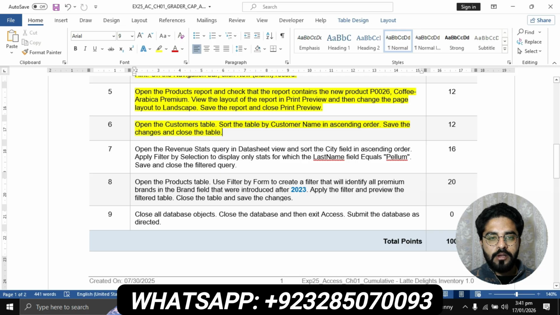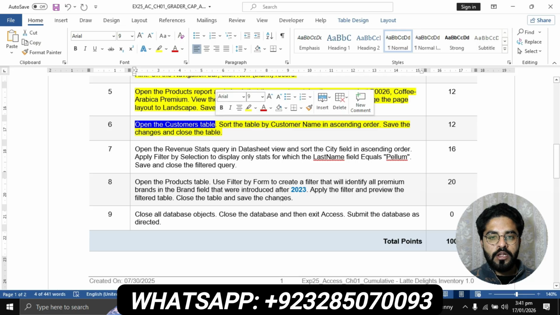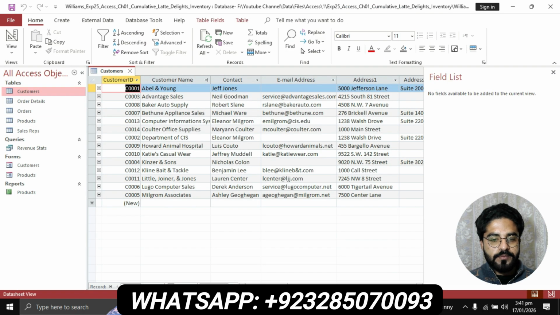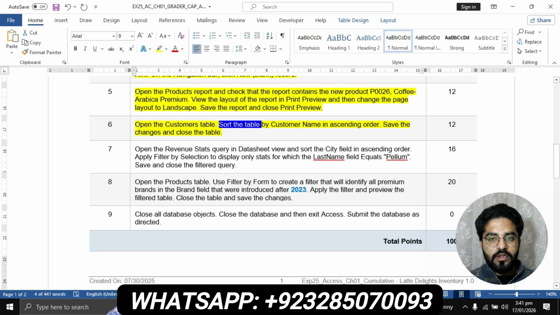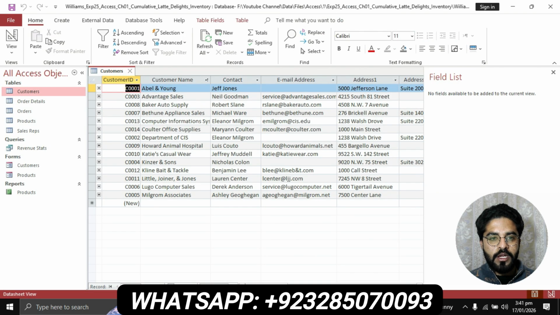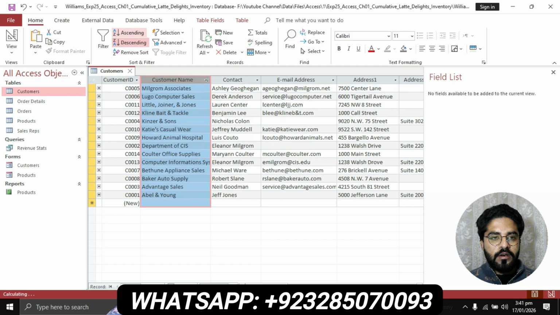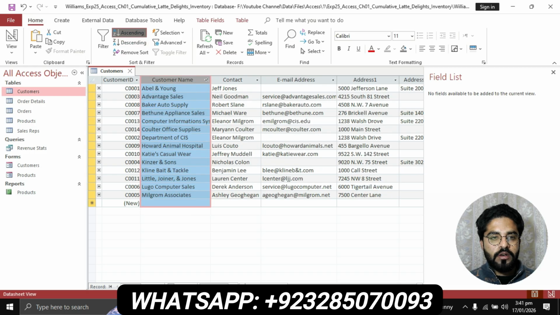and close the table. Basically in this question you will have to open the customer table and then sort the table by customer name in ascending order. First you will have to open the customer table. Here is the customer table, open this one and then sort the table by customer name in ascending order. Customer name, select this in ascending order. Click on this, go to the home tab, go to the sort and filter group, then click on ascending order